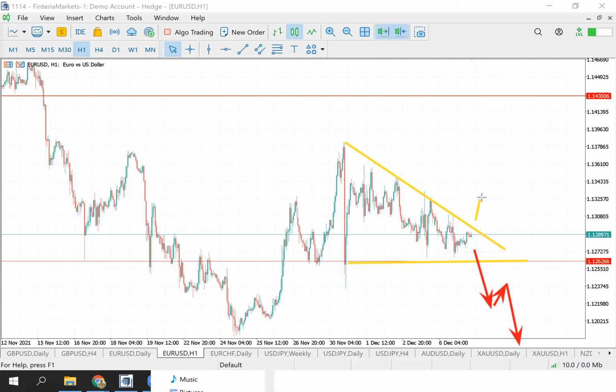In my opinion, in case we have a breakout, I would not rush and sell immediately because there are multiple levels that you can see right here. For example, we have one level located around 113.30, and there's another level slightly above. And also here we have another level. So there are multiple resistance levels. So in this case, I wouldn't